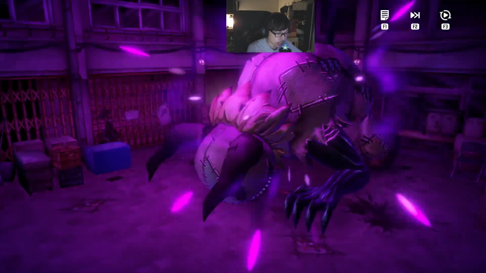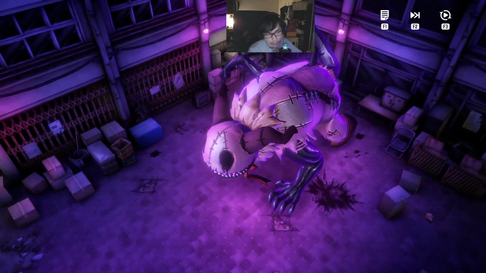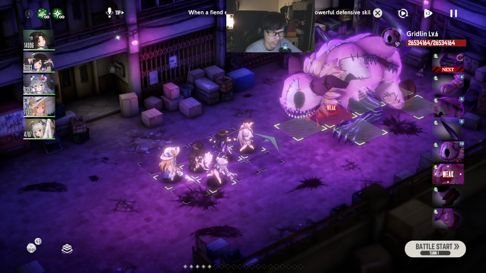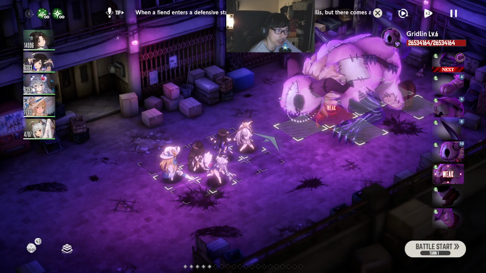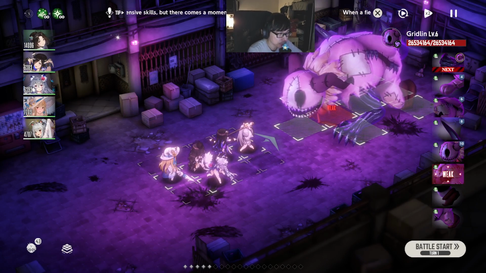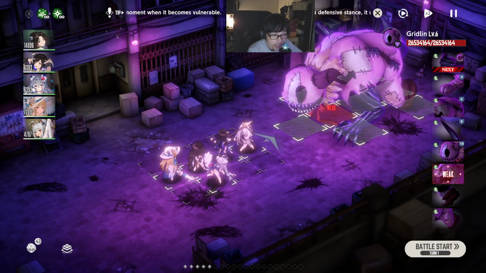I understand that every time I use guides like this, a lot of people are going to ask, oh, I don't have this character, what can I do? It's always going to be difficult for me to showcase and give alternatives, because I think for this particular boss,